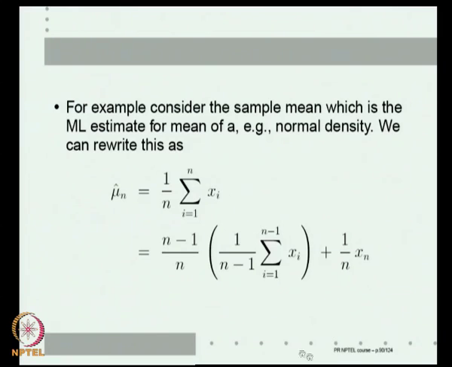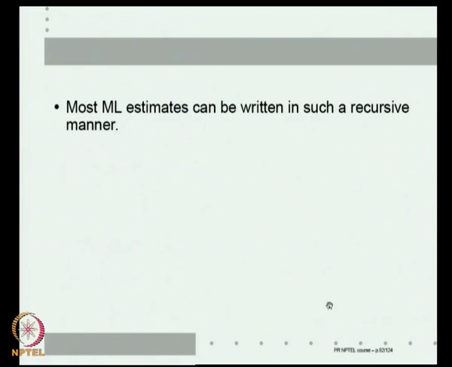Okay. Now, what is inside the brackets is mu hat n minus 1. It is the sample mean of the first n minus 1 data. So, I can rewrite this as n minus 1 by n mu hat n minus 1 plus 1 by n x n. So, this is a recursive formula for sample mean, right. Sample mean at the end of n is easily obtained if I know the sample mean at the end of n minus 1 and the next data item. Okay. So, many ML estimates obviously can be rewritten recursively like this, but